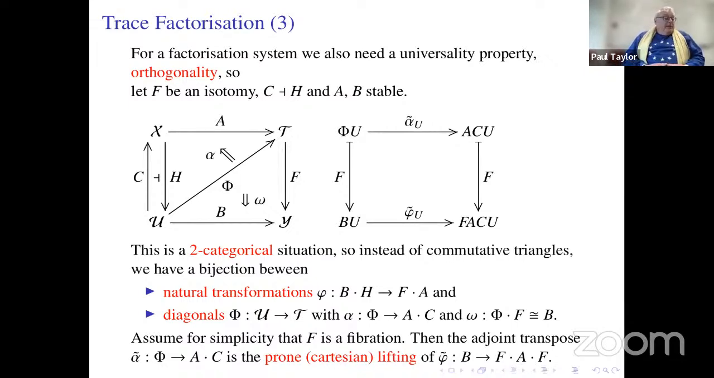So the natural transformation is phi, little phi, and the theorem says there's a bijection between these things and what I call diagonals. A diagonal consists of a functor, that's the diagonal, and natural transformations that compare these with the composites. And the way this correspondence works is that the adjoint transpose of little alpha is the Cartesian lifting of the adjoint transpose of